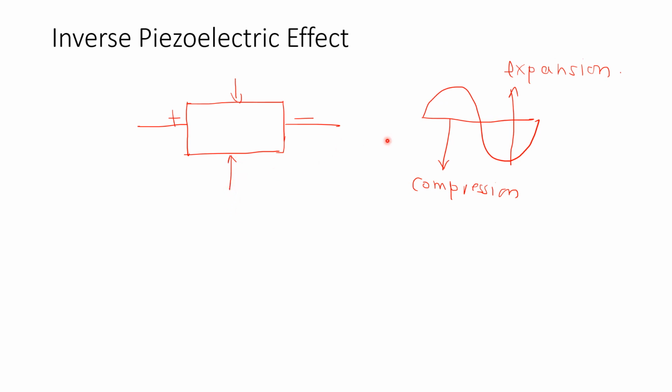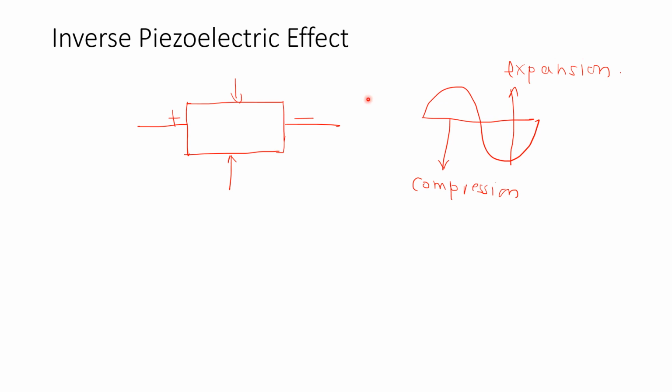So in this way, the crystal will be set into vibration along this direction. Alternate compression and expansion it will suffer. If the frequency of the applied electric field is adjusted such that it is the natural frequency of the crystal,